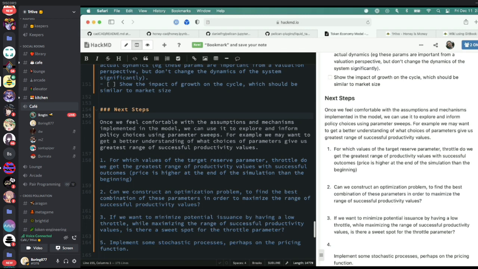Gotcha. Okay, so that seems doable next week. I can experiment with the stochastic processes for the pricing, and then set up better plots for the Monte Carlo and parameter sweep stuff, so that we can visualize the different runs against each other. And then, does the line of reasoning that I outlined here, where we would probably try and prefer values where we get the greatest range of, I guess, successful results, based on